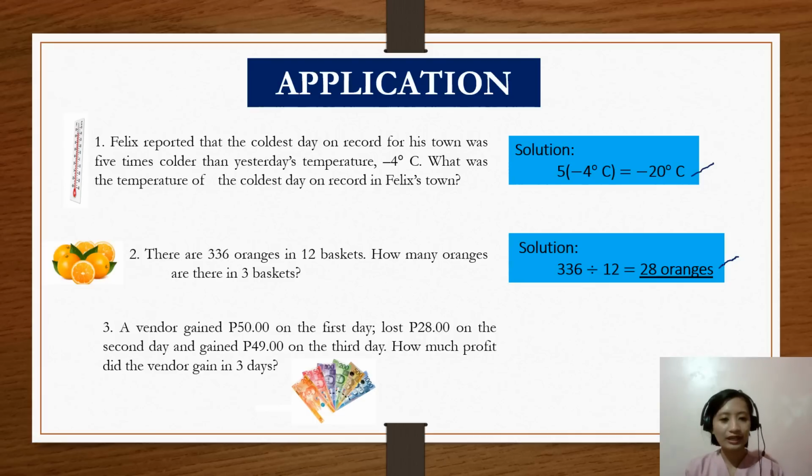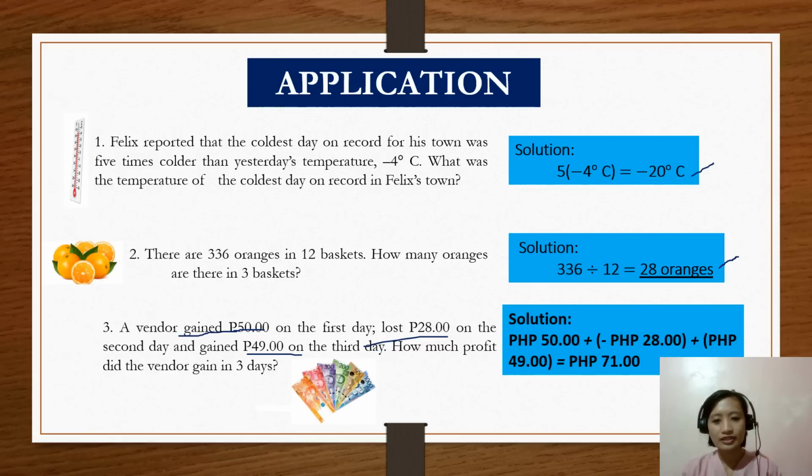And for number 3, a vendor gained 50 pesos on the first day, lost 28 pesos on the second day, and gained 49 on the third day. How much profit did the vendor gain in 3 days? For that, we can represent the gains as positive and the losses as negative. To come up with our equation, which is 50 plus negative 28 plus 49 to get the result,